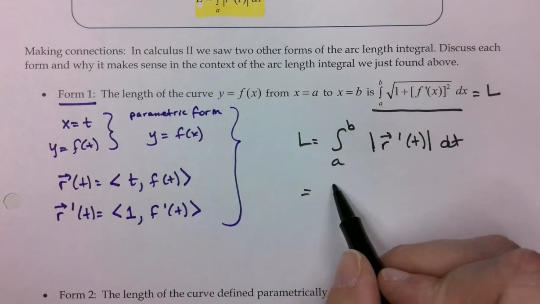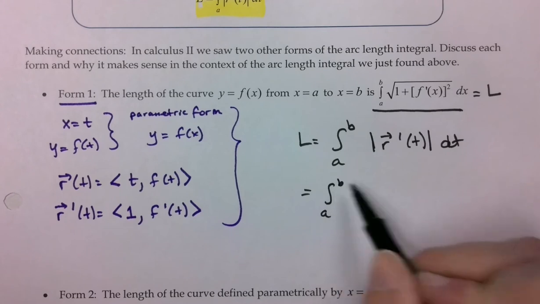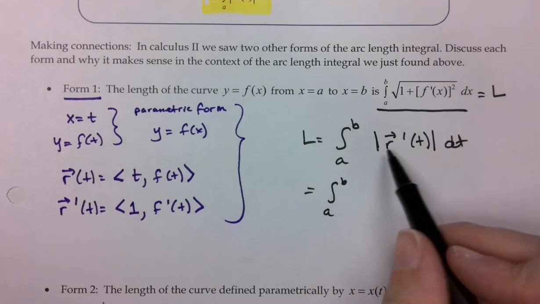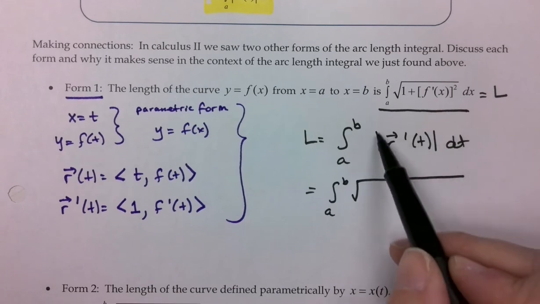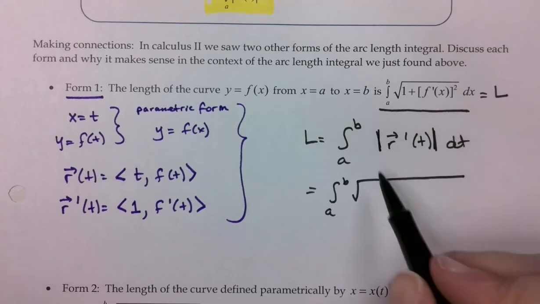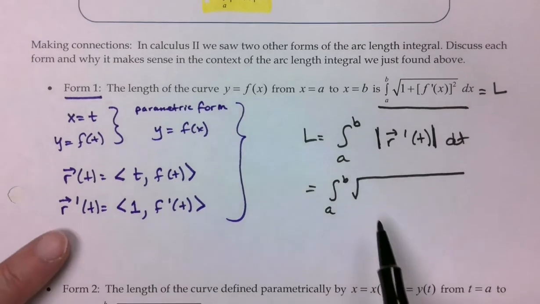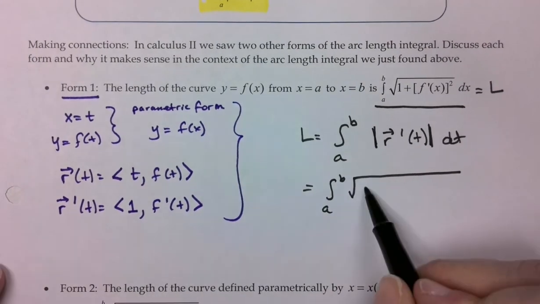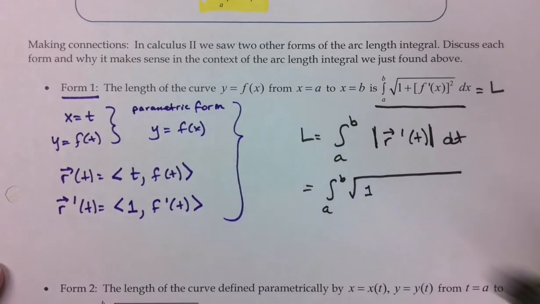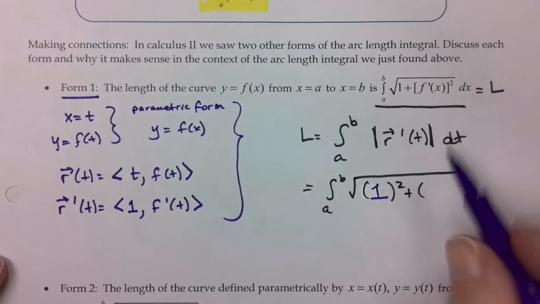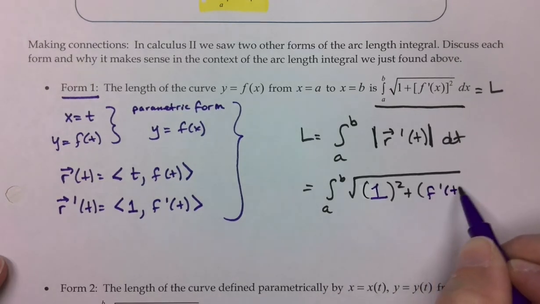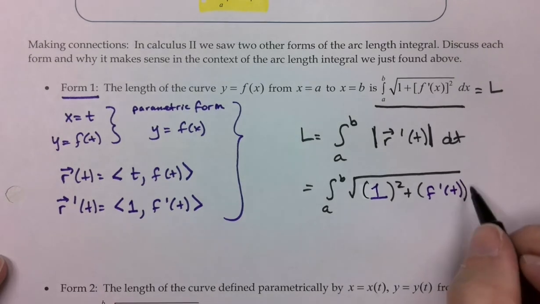And that is equal to the integral from a to b of, okay, so according to calculus, the absolute value is the magnitude of the vector. So it'd be the square root of, now my derivative is right here. So it'll be 1 squared plus f prime of t squared dt,